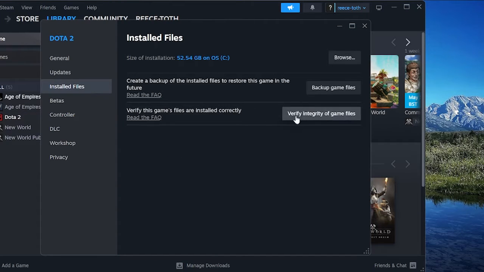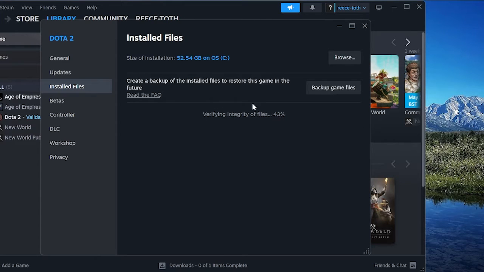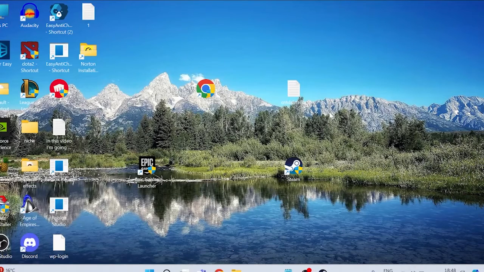Then we need to click this button where it says Verify Integrity of Game Files. Once again, this will take a few minutes to complete, so just wait for this percentage bar to get to 100%. And if that's still not working, then the next thing you can do is you need to come over